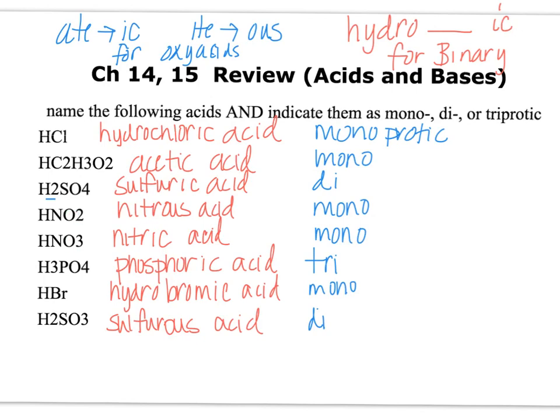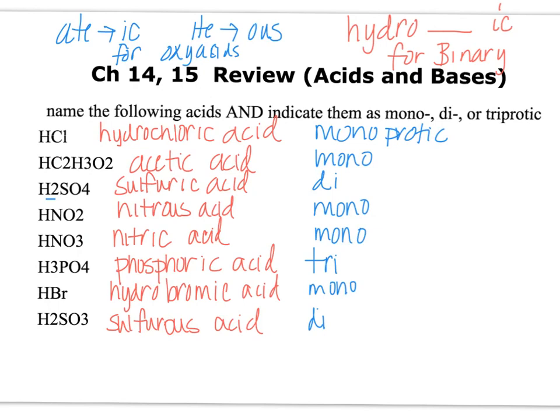Here are two good examples right here with nitric and nitrous. The NO2 is nitrite, so it went to nitrous. The NO3 was nitrate, so it would change to nitric acid. And of course, it's a binary acid. That just means it's hydrogen and one other element, no oxygen, and that's where we change the stem of the word to ic. So in this case, this is chlorine, so it'd be